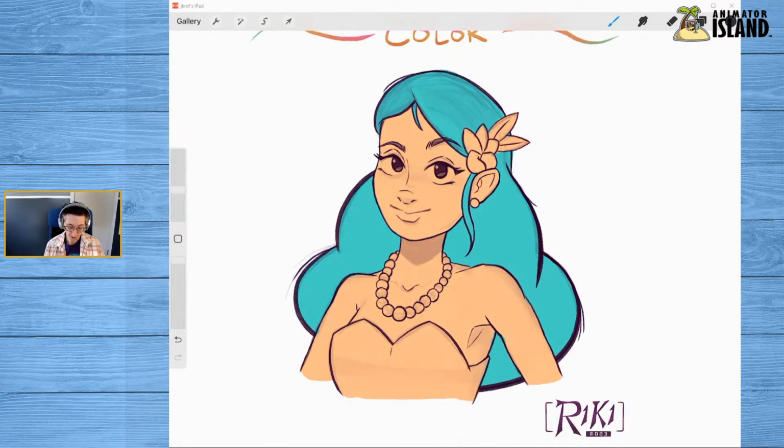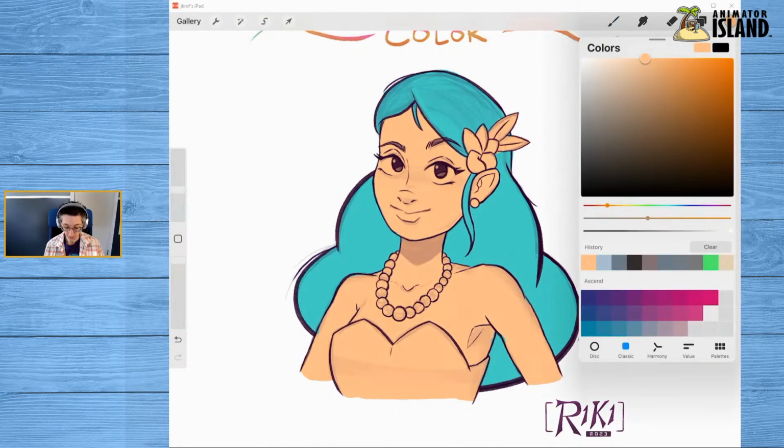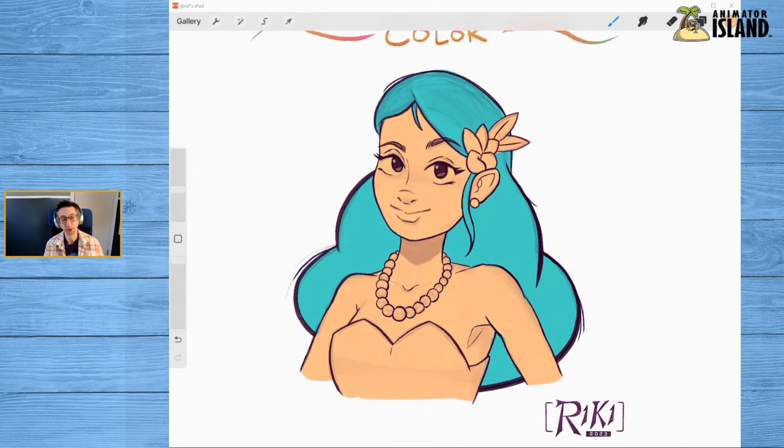Now, because we already have a color on the screen, it needs to work with that color. But I can always go back and change your skin tone. So if I find a hair color that I really love, it doesn't mean that I can't go back to the skin tone and change it slightly. You can always keep changing stuff around. Don't feel like you're locked into a box at any given moment. And I think that's a very useful tip because sometimes we can feel that way.